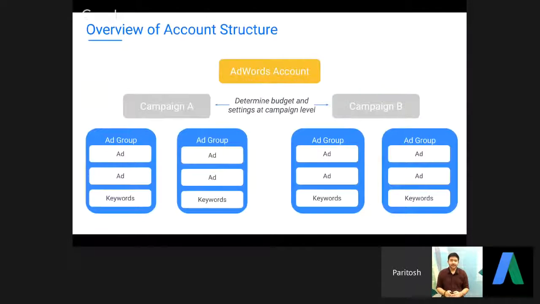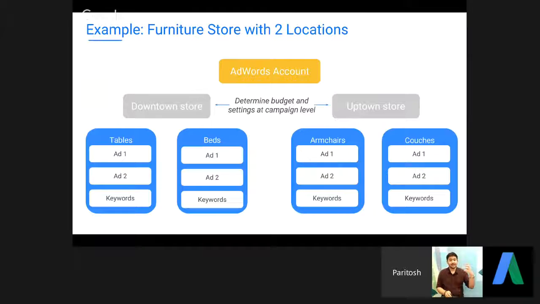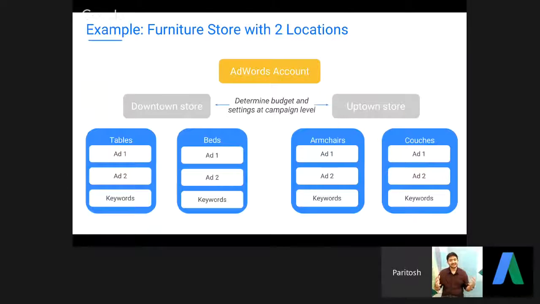AdWords account. Now, when you look at the structure of an account, how it works is there is an AdWords account at the top, followed by your various campaigns, within which you have your ad groups, ads, and keywords. Now, one question which we are very frequently asked is, what exactly is the point of having a campaign and then an ad group? If you look at the screens right now, there is a difference between the kind of settings that can be done at a campaign level and the settings that can be done at an ad group